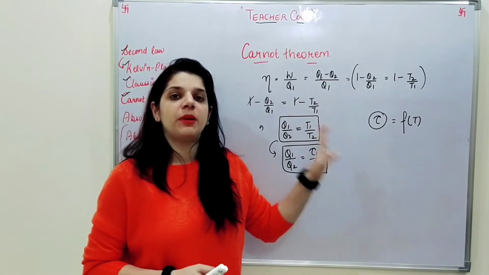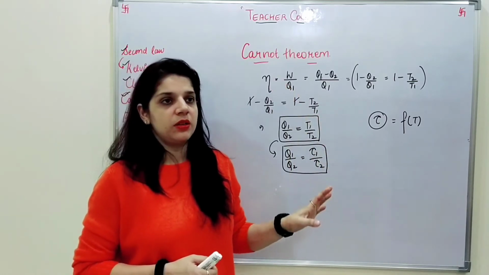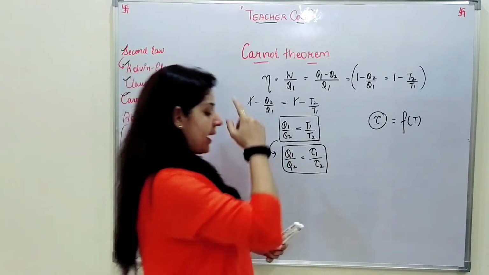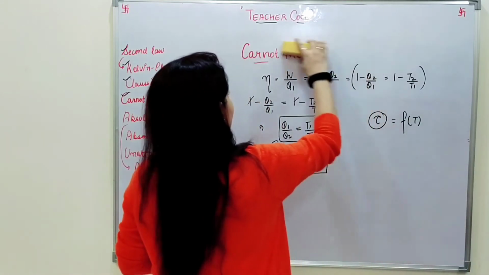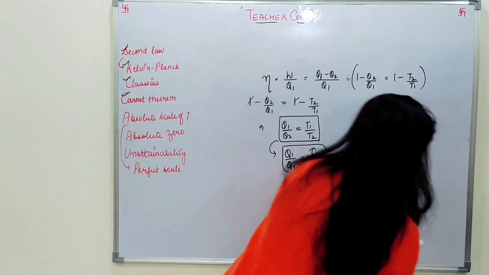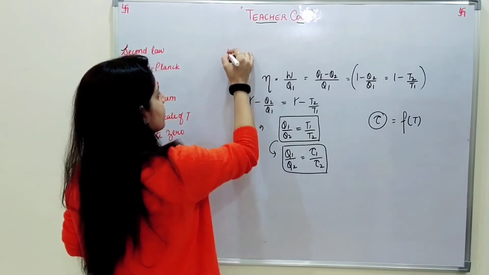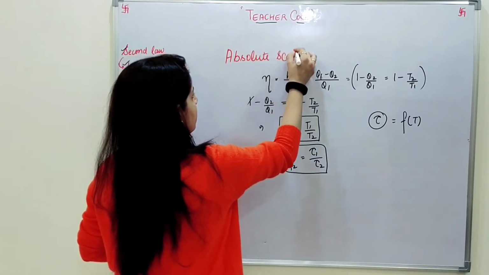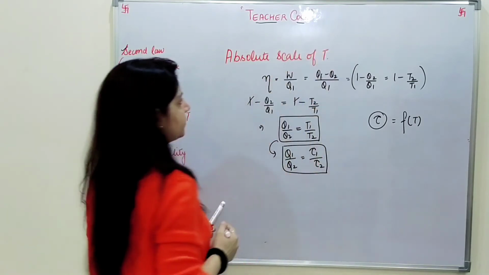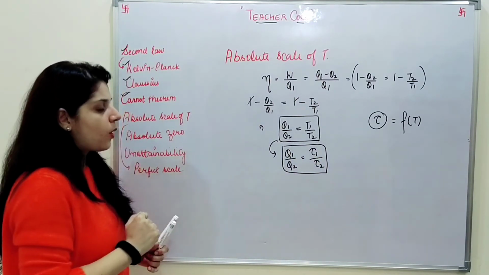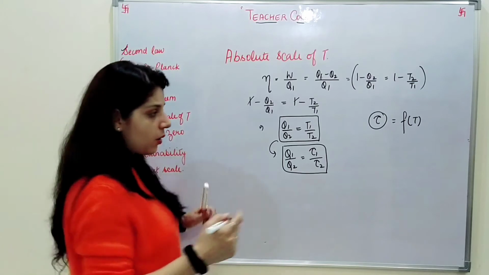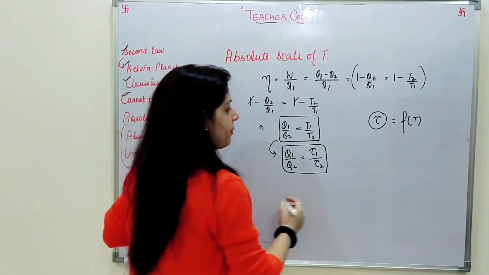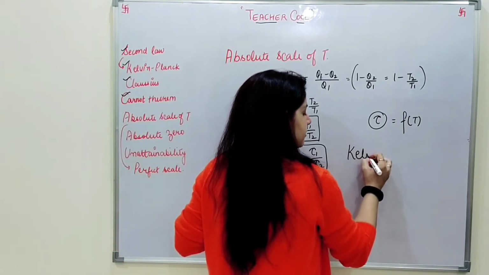So the perfect scale of temperature to talk about scientific laws and language is this absolute scale of temperature. Sorry, I didn't update the topic name, so I'll change it now. This is the absolute scale of temperature, right? So now what is the relation between this tau and T? This tau, or this absolute scale of temperature, is basically the Kelvin scale.